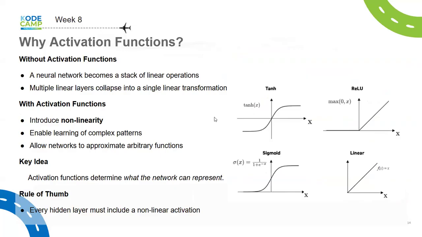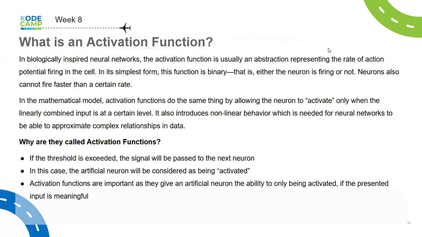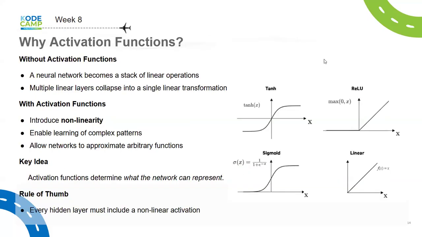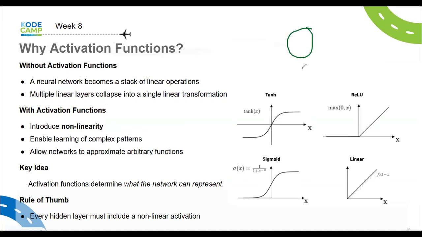So the main reason is, you can actually prove this, that if I were to take a stack of neural networks, which are already linear combinations of weights and inputs, I can actually prove to you that if I take a neuron and connect it to another neuron without an activation function,